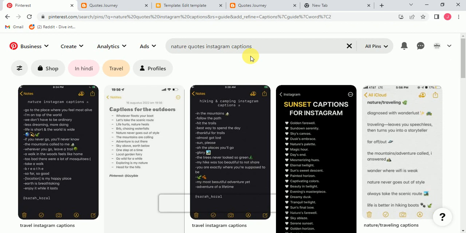So I will meet you in the next video with another method of keyword research, because keyword research is very important. Our keyword research module is divided into 3 videos. So there are 2 more videos of keyword research, and after that we will make a video on another topic.